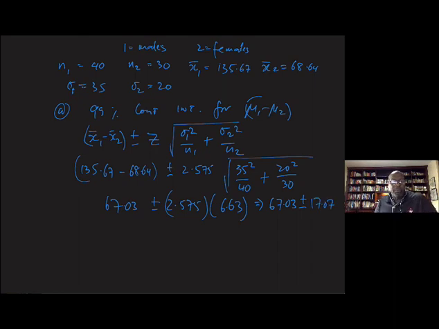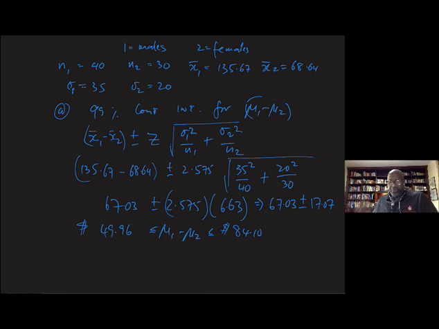Okay? So now, what do we have now? When we add and subtract to get the interval, we have mu1 minus mu2 lies somewhere between, and when we do the addition and then subtraction, we should get 49.96, right, and 84.10. And that's in dollars. So we are 99% confident that the difference between the means lies between $49.96 and